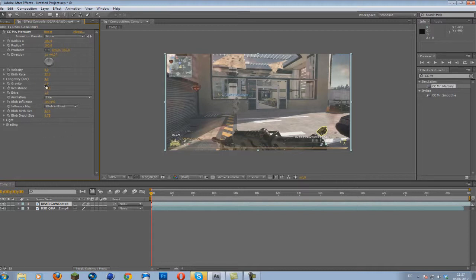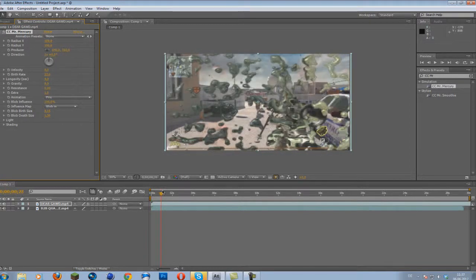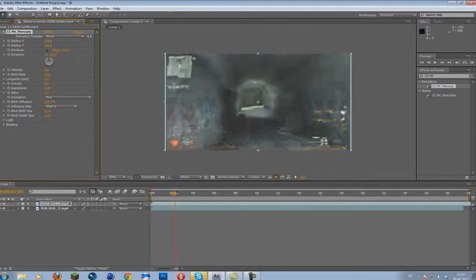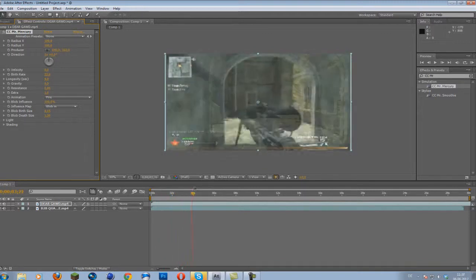So what I forgot to tell you is that you need to change the value of the gravity to 0. And the last value we need to change is the blob depth size. We need to change this one to 1.3. And the influence map will be blob in. So this is actually it for the effect, and if I simply scroll through, we see our clips come together